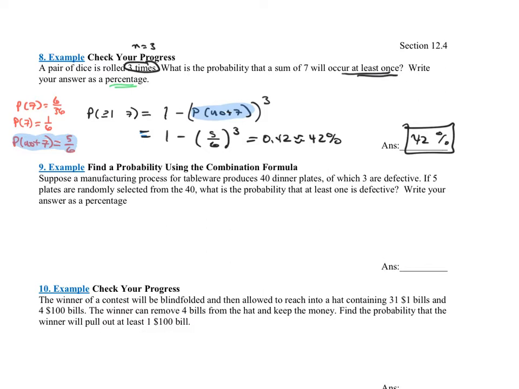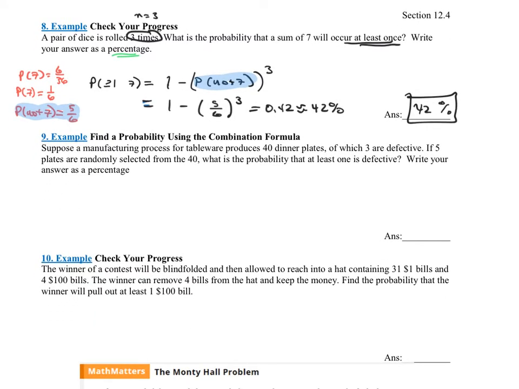Let's try another one. It says, suppose a manufacturing process for a tableware produces 40 dinner plates, of which 3 are defective. If 5 plates are randomly selected from the 40, what is the probability that at least 1 is defective? Okay, so I see at least once. It says write your answer as a percentage, so I know I have to have a percentage. I'll put that down there now. At least once, so I want at least 1 defective. The probability of at least 1 defective,